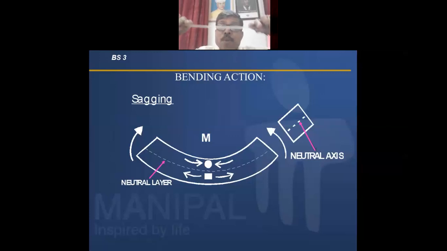Now at the bottom, what will happen? If the rectangular or square particles are trying to go away from each other, and if something goes away from each other, that is called tension. You have seen tension stress, haven't you? If you are going to pull it, there will be elongation, and if you are going to press something, there will be compression. So if you see these two arrows pressing this circular particle, then that is called compression, and at the bottom there will be tension.